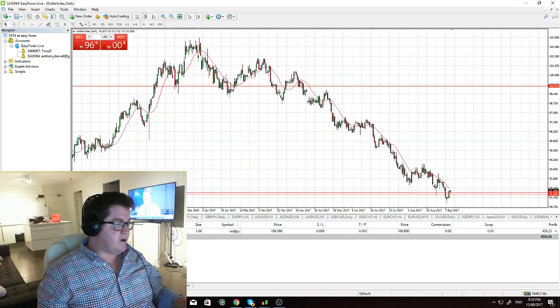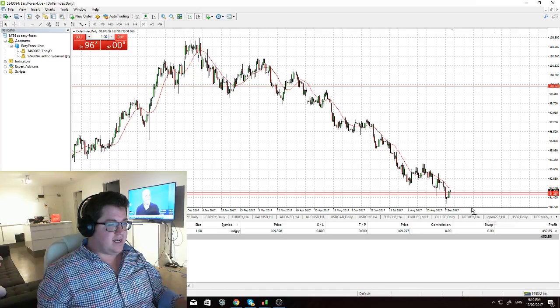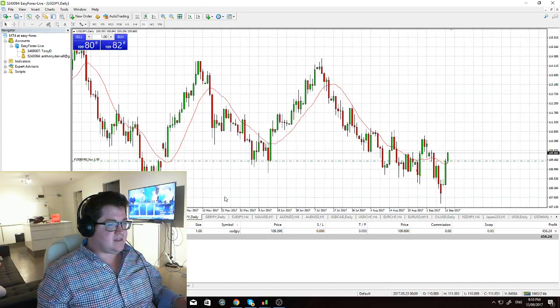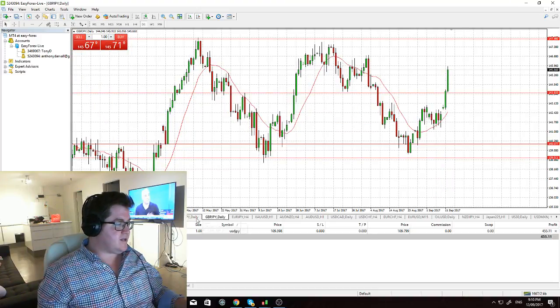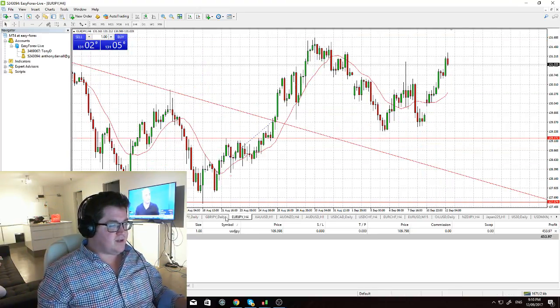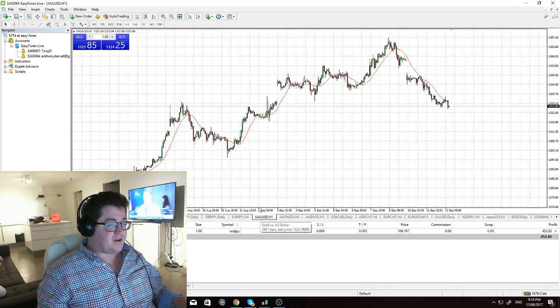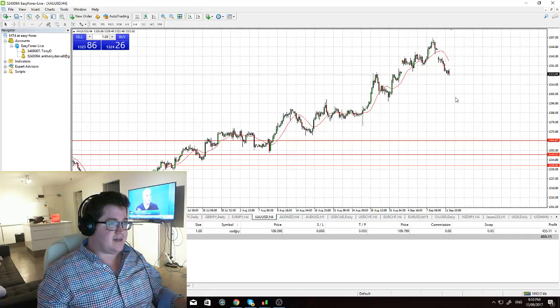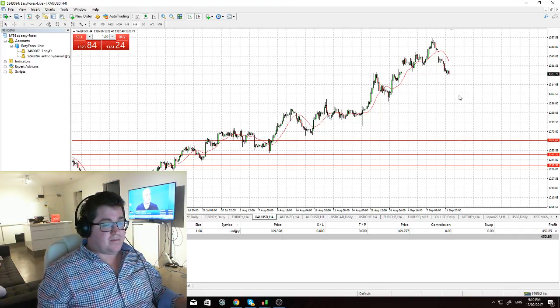US dollar index right back above that 91.80 level, looking pretty strong too. And so dollar yen is showing heaps of strength, pound yen is showing heaps of strength. Pick your poison, really. Now gold's fallen off a cliff as well, which it should have done given what's happened, but in terms of how much movement it can go down, 1300 is very possible, given the size and speed of the change in the market.